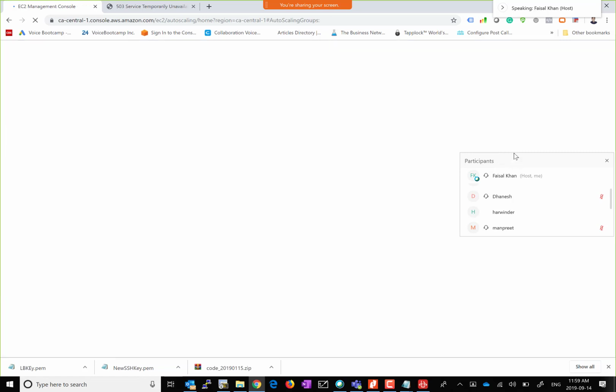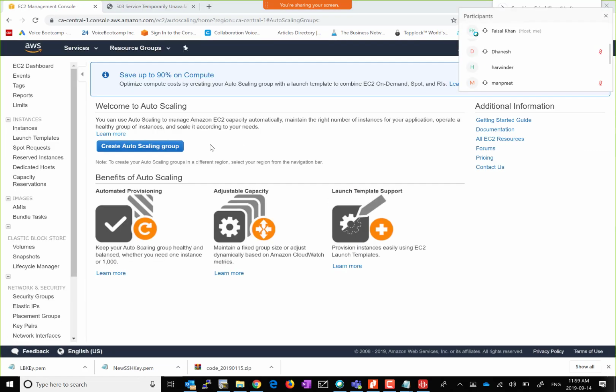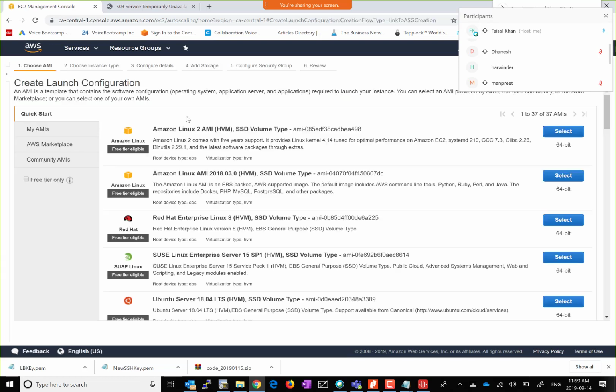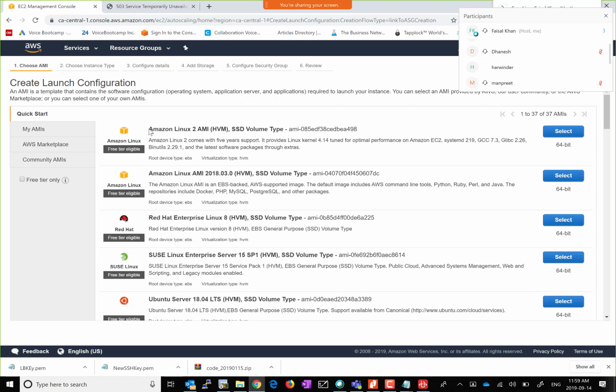Now auto scaling is scale horizontally. Okay, so I'm gonna create a group called auto scaling. Let's call this launch configuration. Yes. No, let me delete this. Create a new launch configuration. Now you must choose what kind of server you want to auto scale. Okay, so I want to install fresh Linux